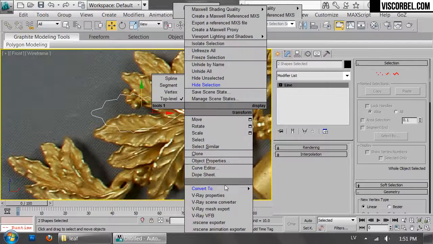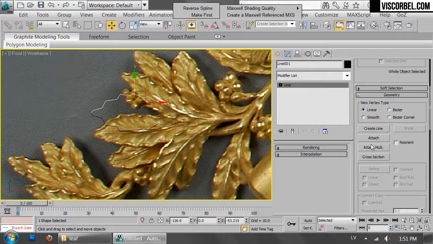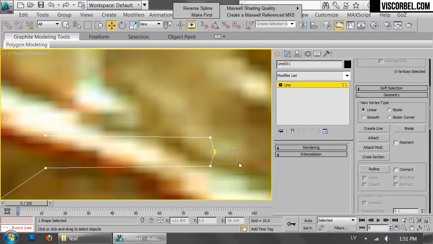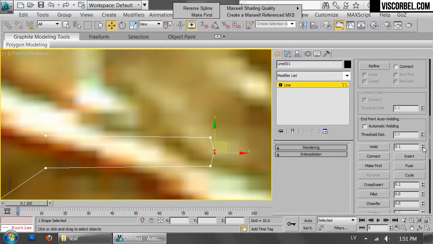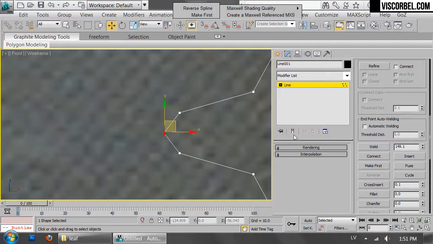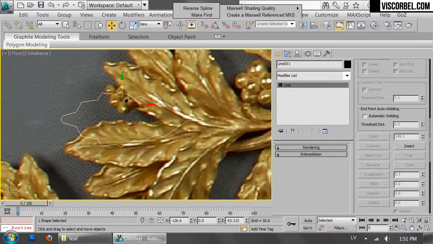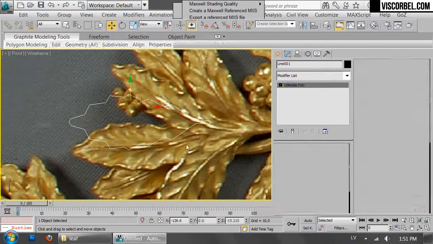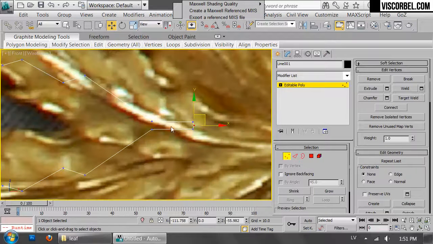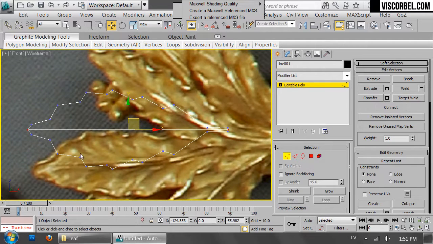Okay, so I'm going to convert those both to editable splines to get rid of the instance status, and now we can attach them together. If they were left as instances, you couldn't use the attach tool to join them. Right, make sure all the vertices are set to corner and collapse the editable poly. Okay, and I'm going to connect these two middle vertices